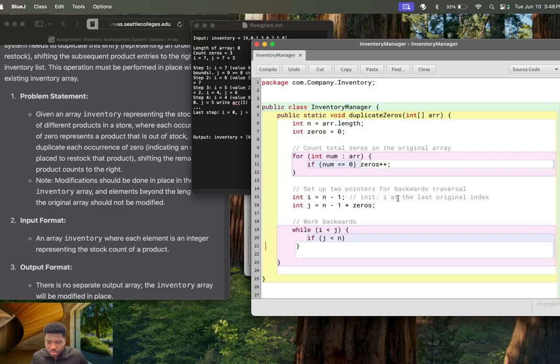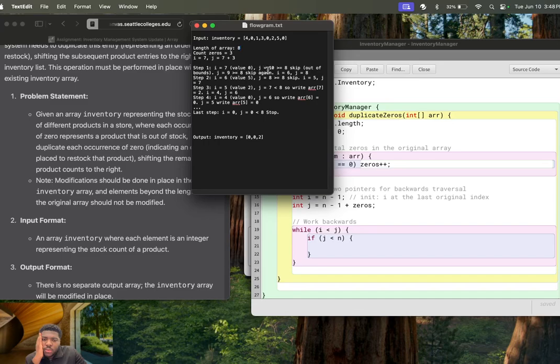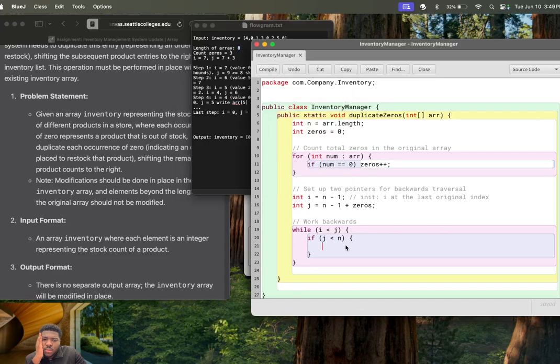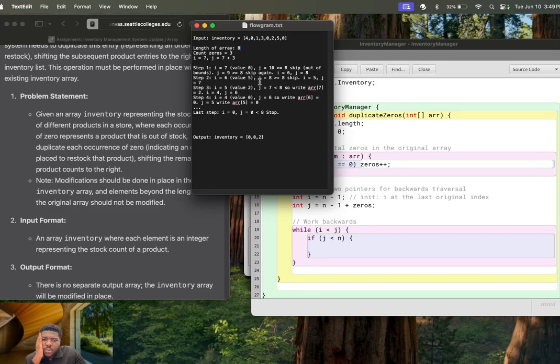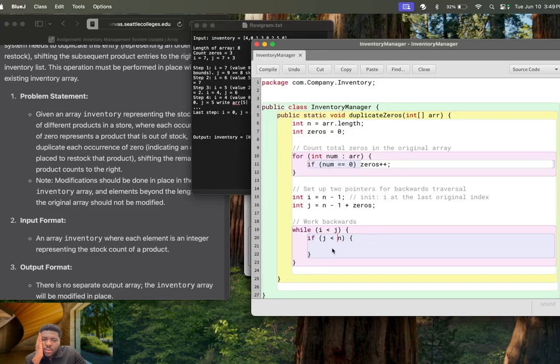Let me fix something here. If j is less than the length of the array,